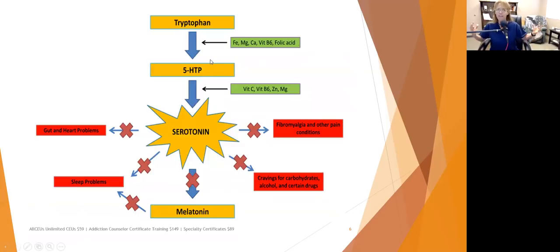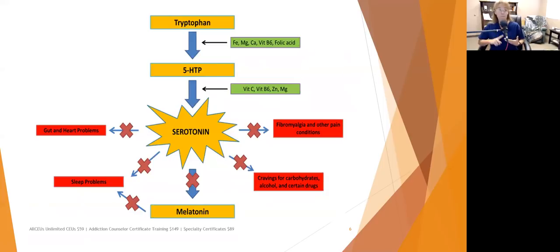Okay, so we have 5-HTP. That's kind of like raw fuel. It still has to be distilled down to make the stuff that we put in our car. So 5-HTP has to have vitamin C, vitamin B6, zinc, and magnesium in order to be broken down to make serotonin. Okay, so now we have serotonin, and serotonin is responsible for, like I said, a lot of things: libido,